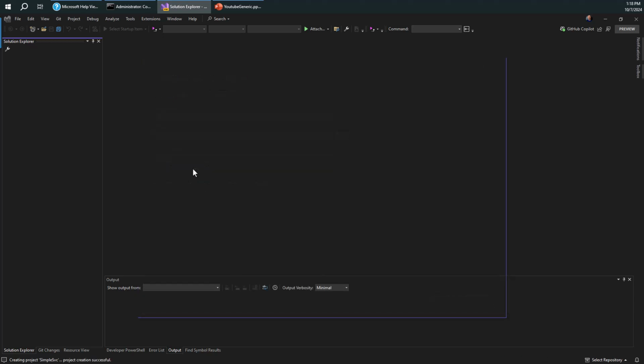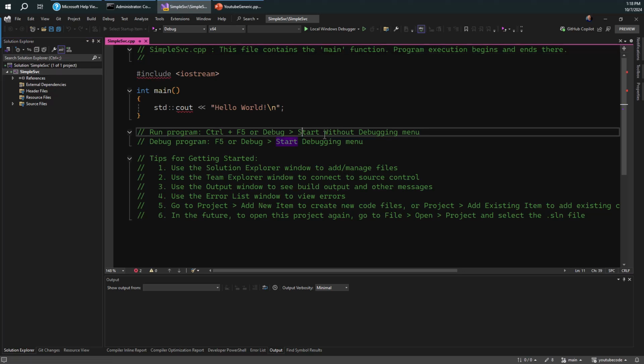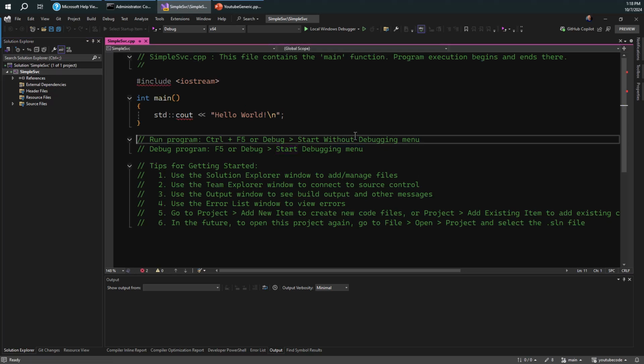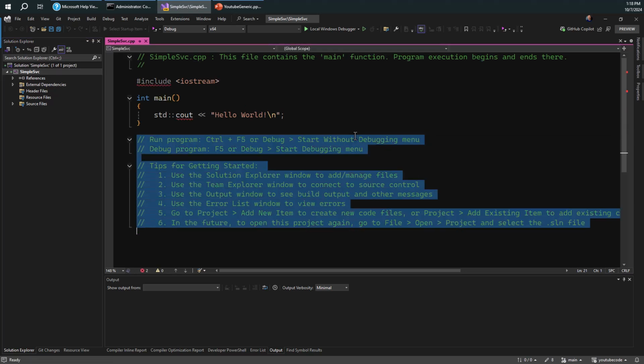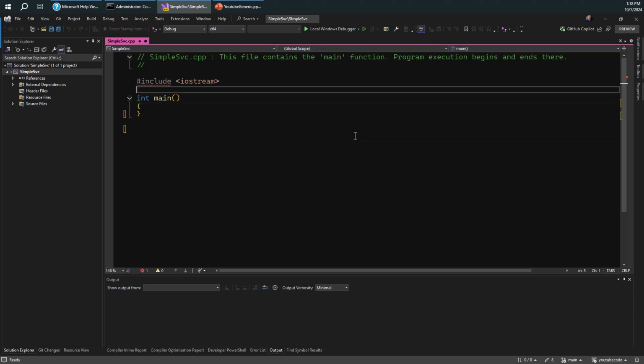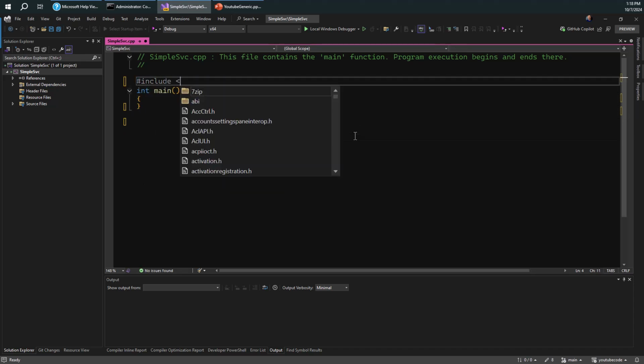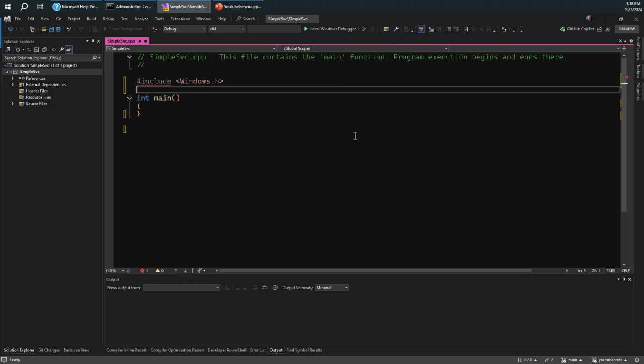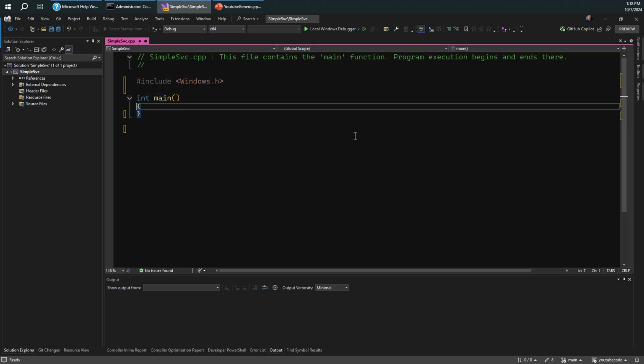So this is a normal console application. It doesn't seem to be any different than any other console application. In fact, it is exactly that. The thing that turns it into a service is calling certain APIs. Let's go ahead and include Windows.h, and we'll see if we need other includes. So the first thing we need to do in order to turn this into a service is to call